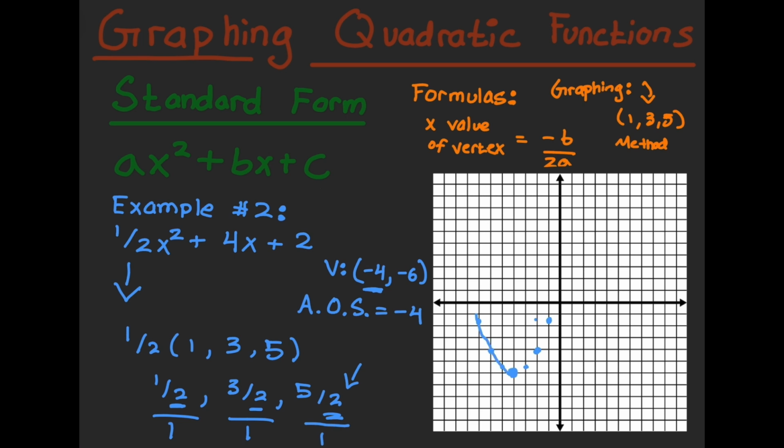As you plot the points, you may begin to see a parabola starting to form. Once you have all your points, you can draw a line through them, and your parabola